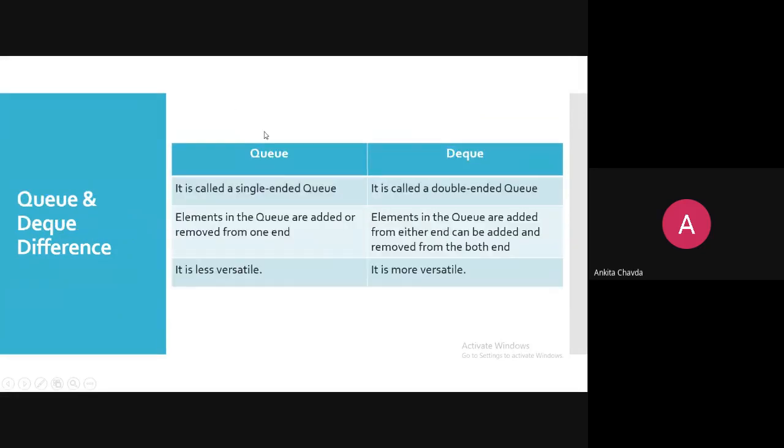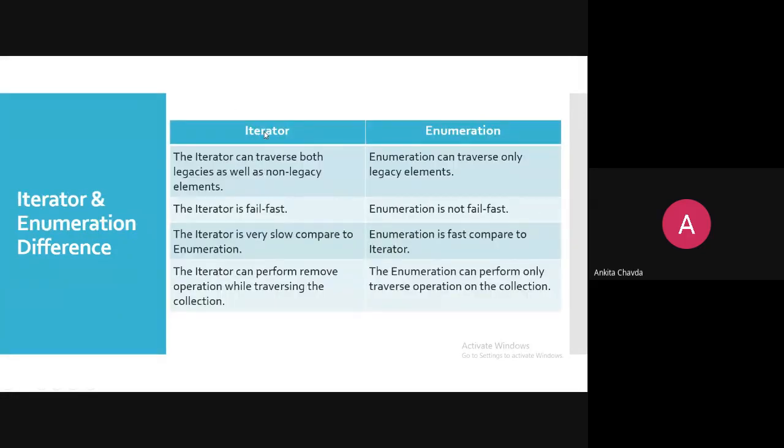Iterator can work with both legacy and non-legacy classes. Iterator is fail fast; enumeration is not fail fast. Iterator is slower compared to enumeration, and enumeration is much faster than iterator.